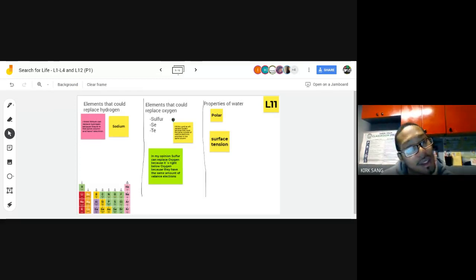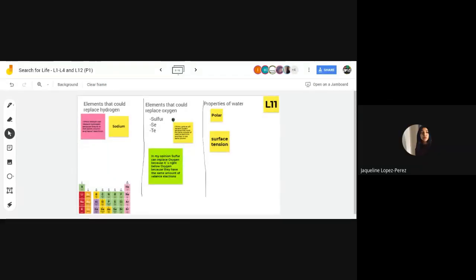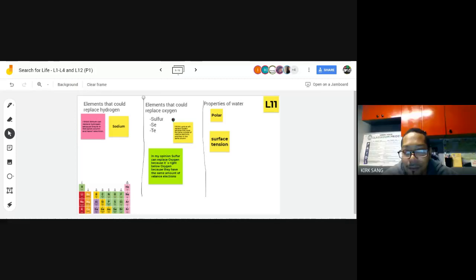And so let's see. You're saying that if we look for those properties, we definitely will find life, surface tension, water? I can help her out. Yeah, go ahead. We chose that. We chose polar because it creates the electricity. The surface tension is apparent because there could be like animals on the surface of water. Oh, all right. Okay, thank you so much.